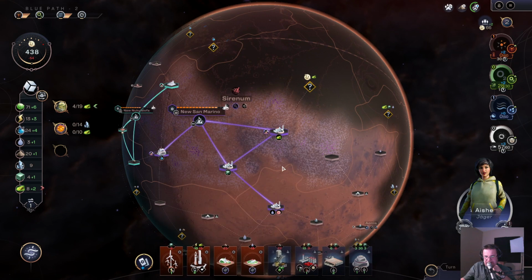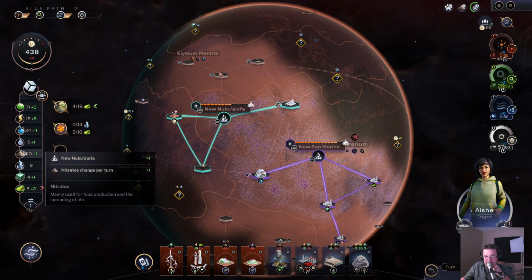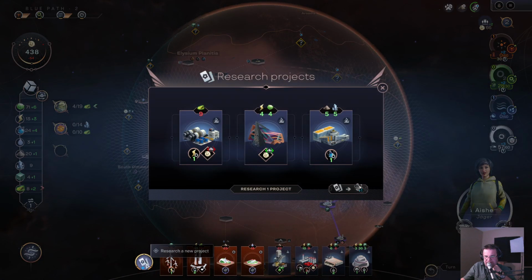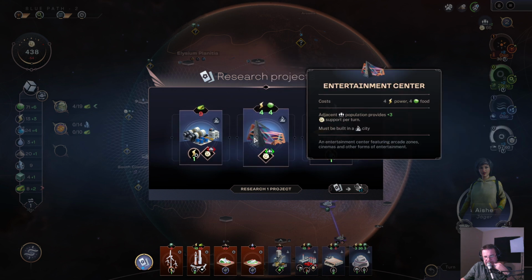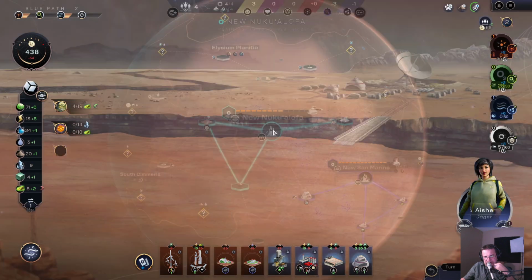Really want to get these things built, but we don't have the resources. We're getting close to enough nitrates, and that will be very lovely once we hit that threshold. Okay. Oh, research project. Do we want to do the entertainment? Would...